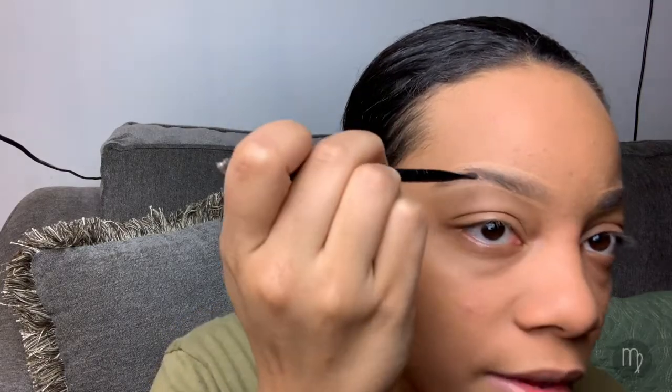So what I did was just darken this whole space here to my liking. Not too dark, but now that little space is full. And now we have no problems. Now I know some people like it darker here. If you can see right here, it's a little darker for me. And then here, it didn't fully get this area here. So we're just gonna go back in